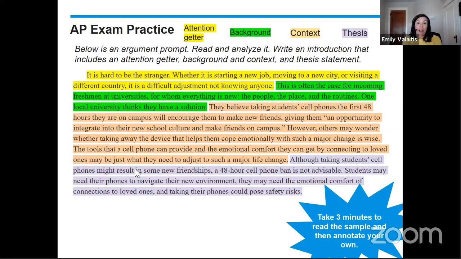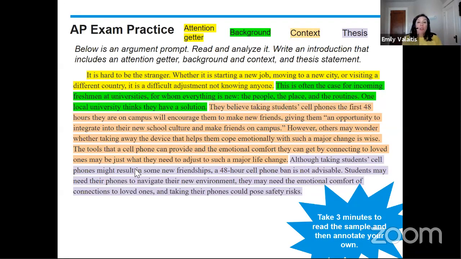Obviously, the ideas are not going to be the same. The construction isn't going to be the same. You might not follow the exact same order. But here you'll see, and you can read in a moment, but here you'll see just physically that there are the 4 separate colors and that there's a lot of context provided for this particular introduction. What I'm going to ask for you to do is to hit pause on your recording and take roughly